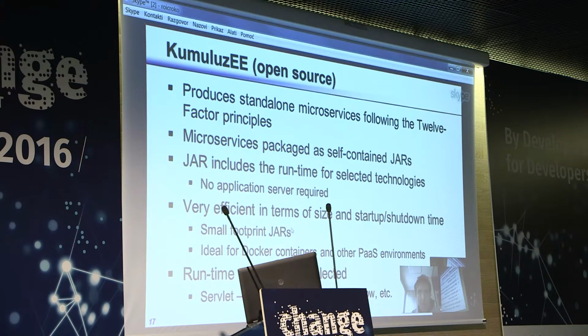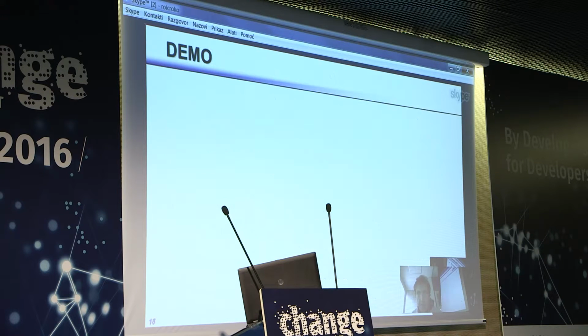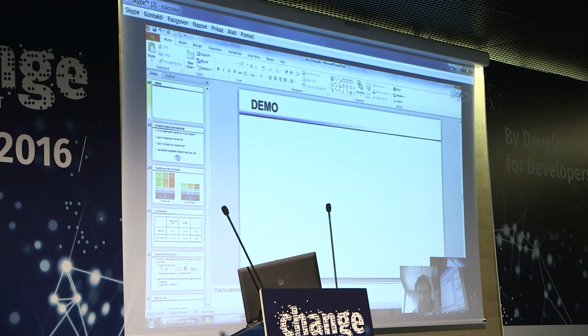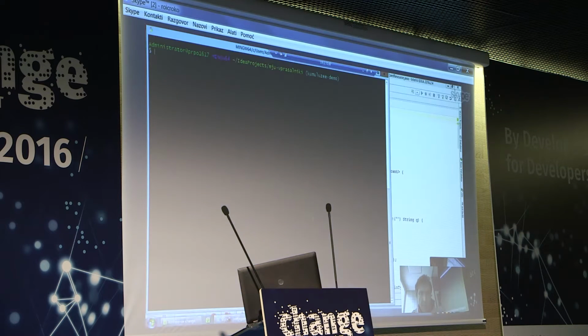Two most important aspects are that it generates very efficient jars, so small footprint, which means that they are ideal for virtual machines, particularly for Docker containers, which I will come back to, and that you can choose the runtime. So, for example, for Servlet, you can choose Jetty, Tomcat, Grizzly, whatever, and similarly for other technologies. Just to give you an impression, let me briefly demonstrate what I'm talking about.